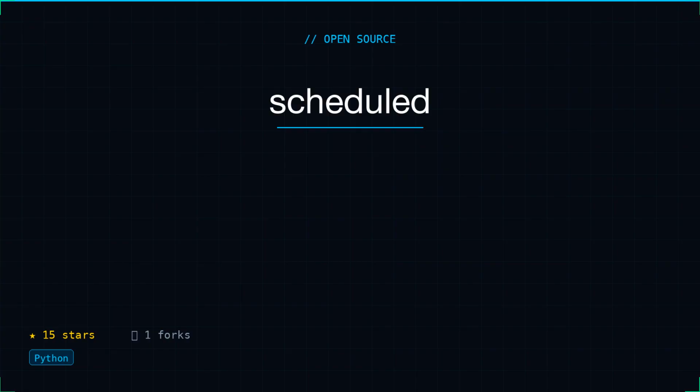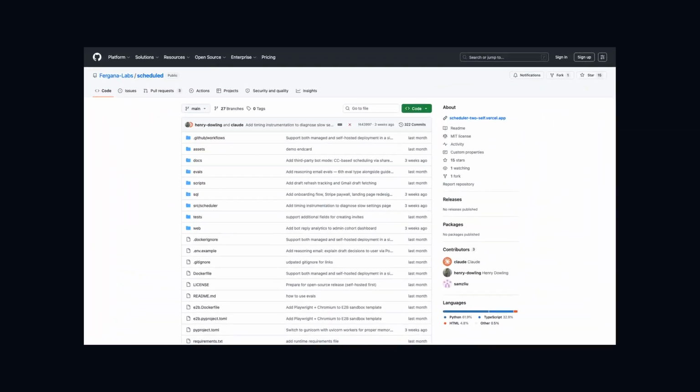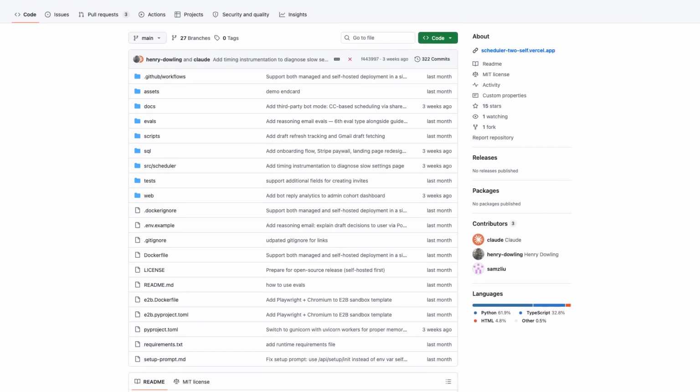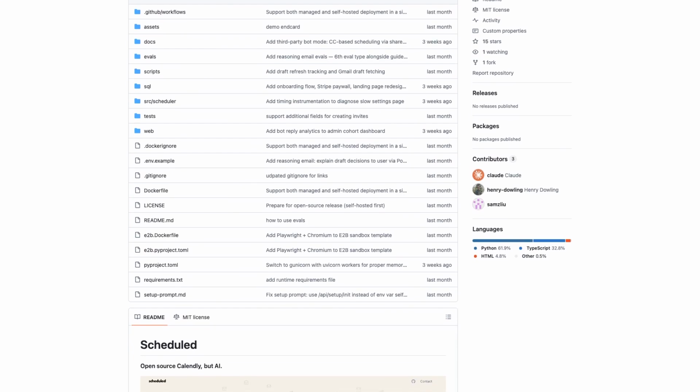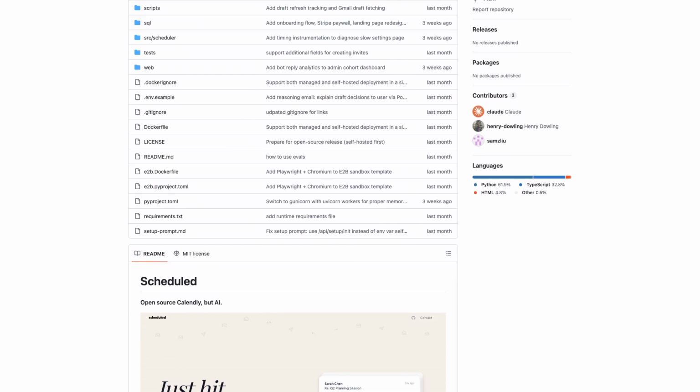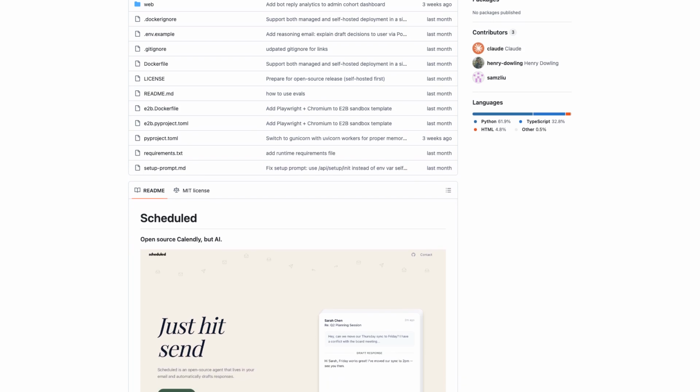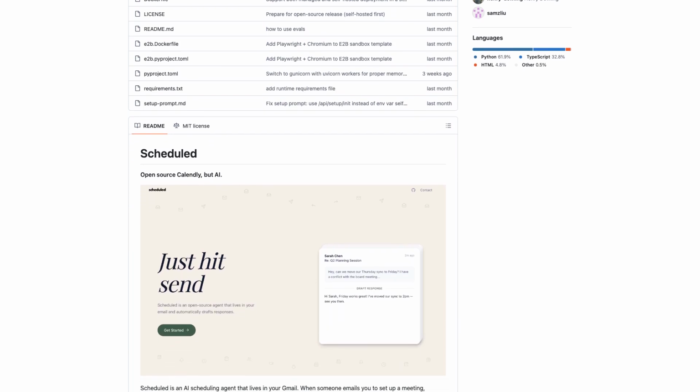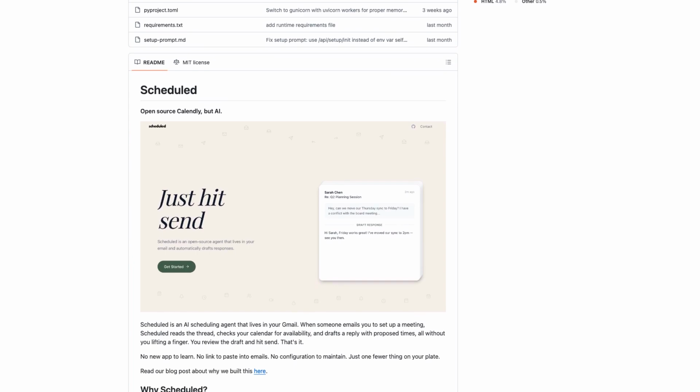Number six, Scheduled, AI scheduling agent for Gmail. Scheduled is an open-source AI scheduling agent that automates meeting coordination directly inside Gmail. When someone requests a meeting via email, Scheduled analyzes the thread, checks calendar availability, and generates a draft reply with